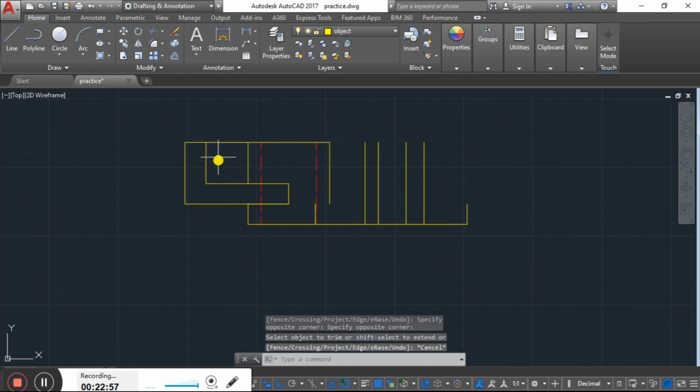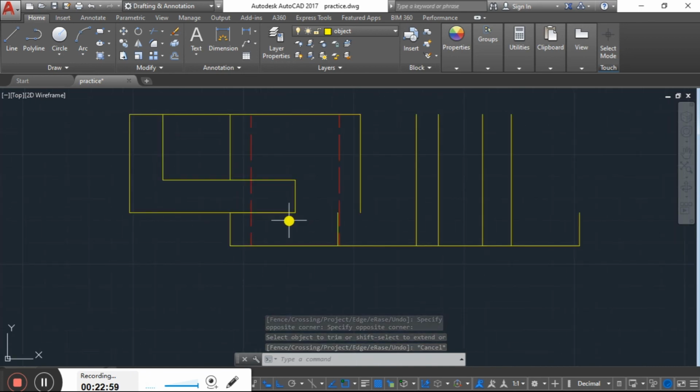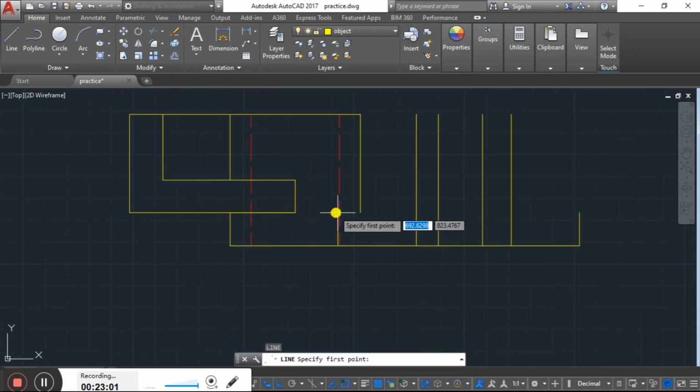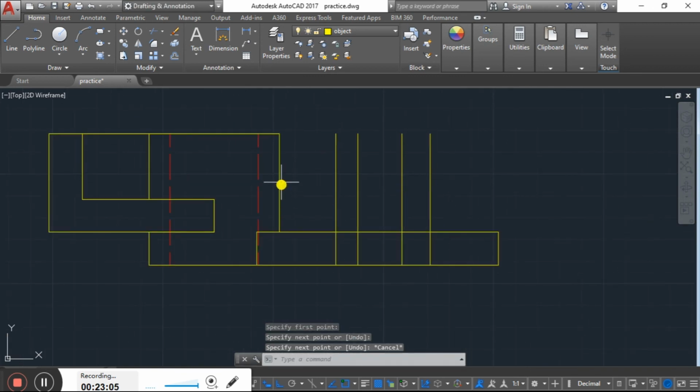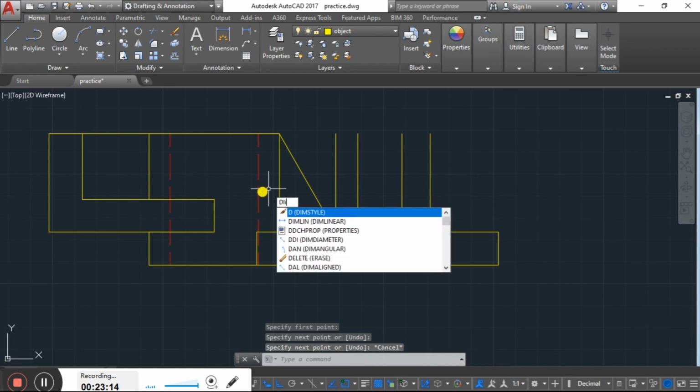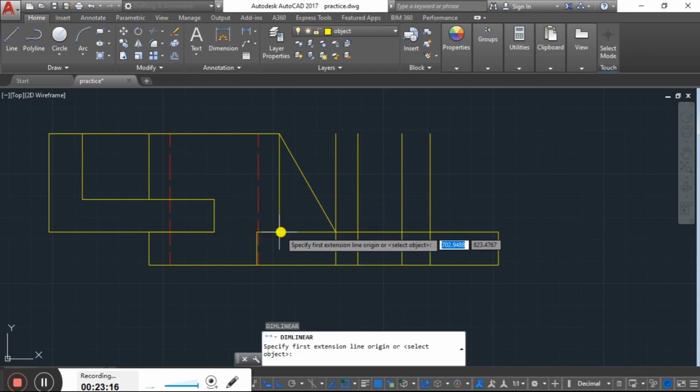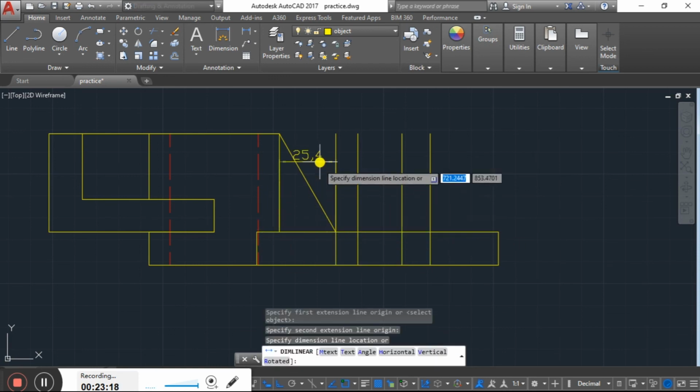The view is almost completed, and now we have to take this line. From here to here we have to join this line to make that rib. You can also check that the dimension up to here will be 25.